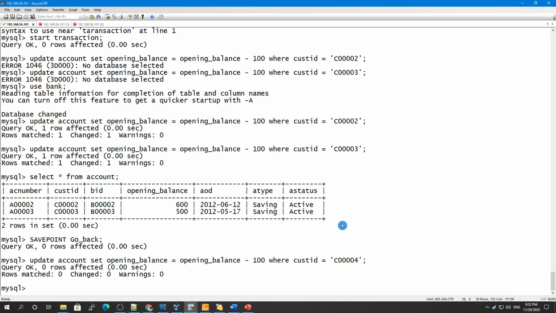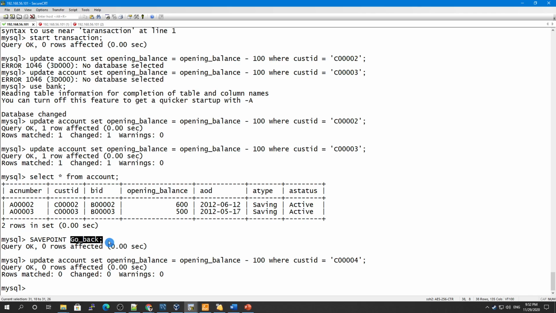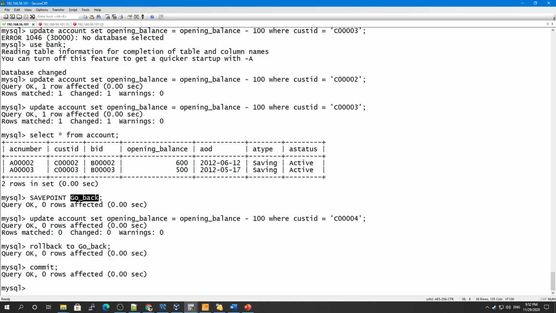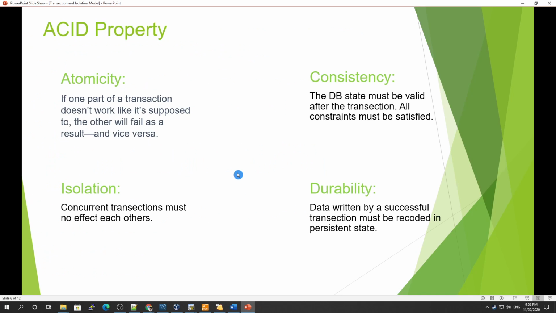So here I don't want to roll back these 2 statements. So what I will do is I will say rollback to go back save point. Okay, so now I have rolled back to that save point. So then I can go for commit, and my transaction is over, and now we know how save points, how auto commit, and how a transaction works. So that was about the transaction, and at the end I told you that I will tell you what the